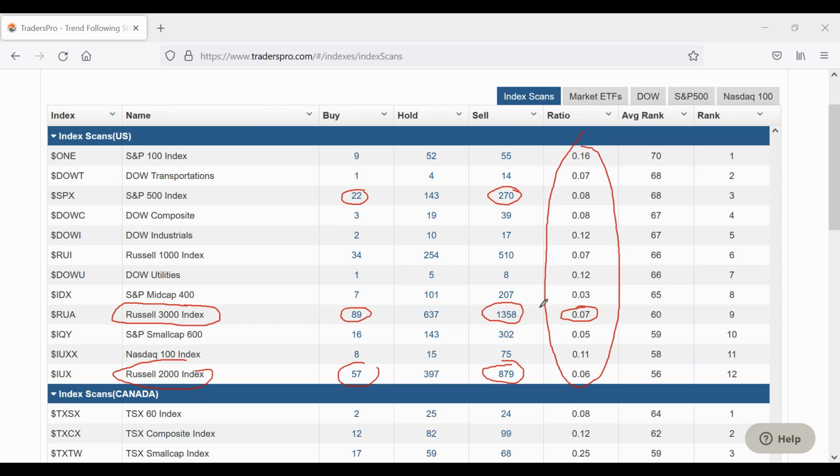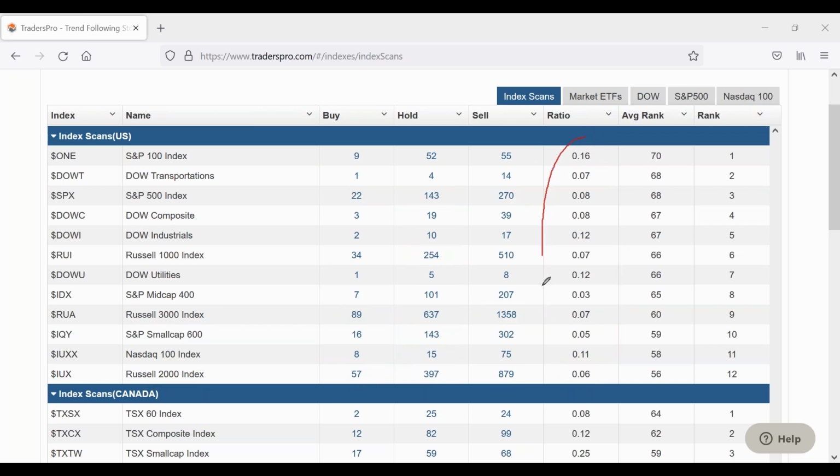Now, what could happen in a bounce, again, it doesn't eliminate further downside, but a bunch of these stocks, which I believe is the case here, are barely at holds. They're really close to going back to a buy. So you get a little bit of a rally over a couple of days, you're going to see these ratios spike up a little bit and at least alleviate that extreme oversold condition. And then again, like I said, it could have another leg down after that takes place. But as of right now, looking at these,